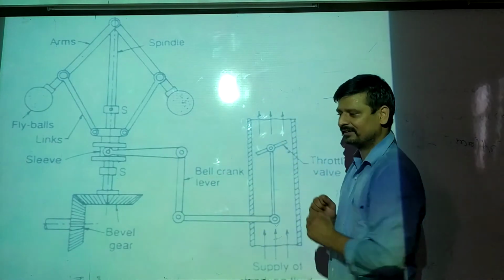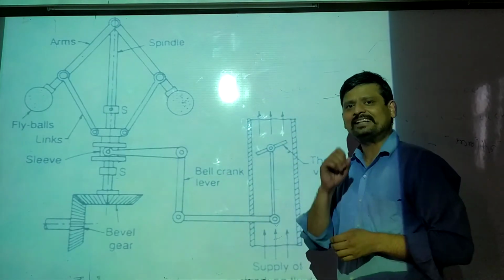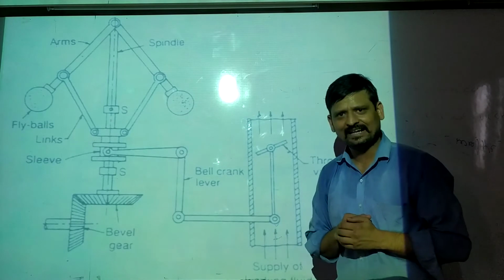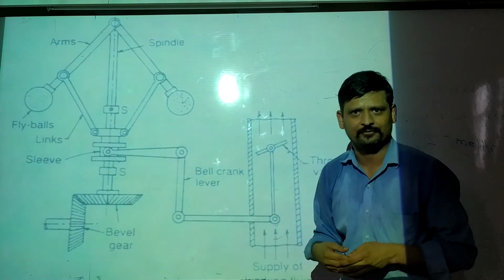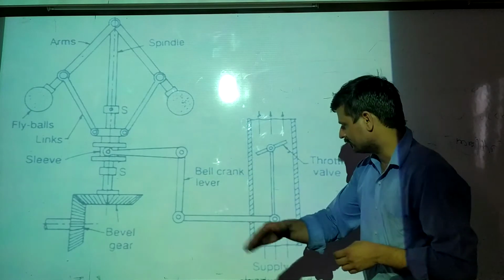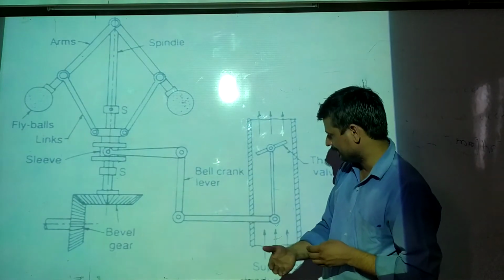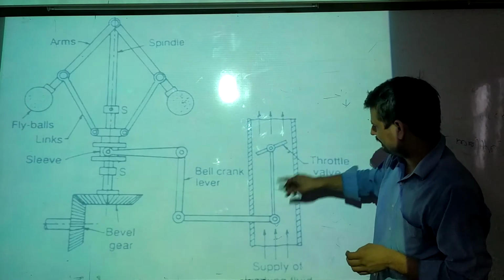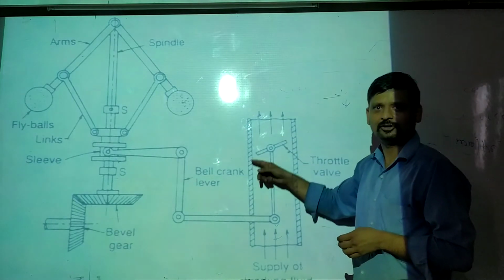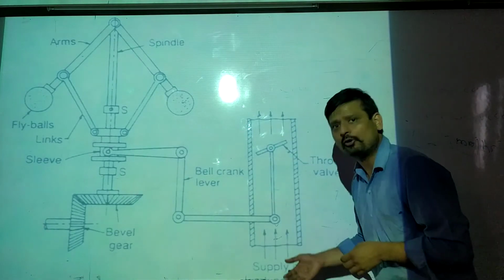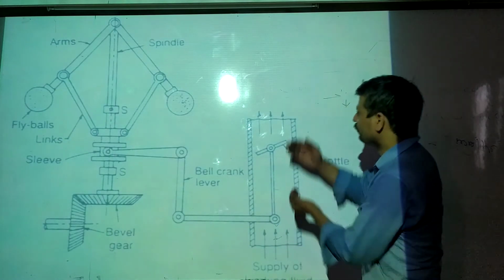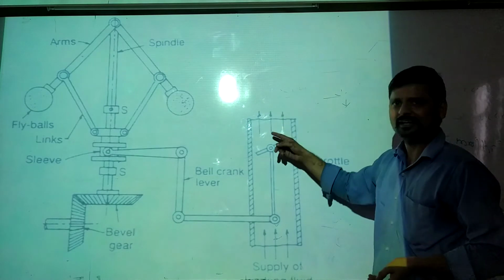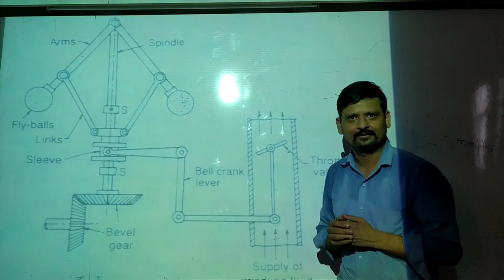Let us come to this right hand side. So now what I said earlier, I said the function of mechanical governor is to regulate the supply of the fluid. Okay. So for the same, consider this is your passage. Now this is a passage that allows the supply of the fuel from some reservoir to the engine. Arrows are indicating the direction.